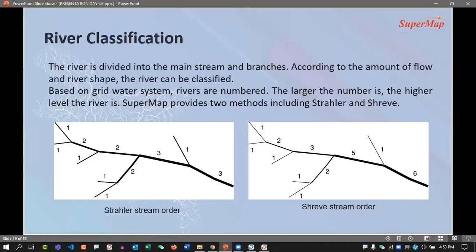So SuperMap provides two methods of river classification, including the Strahler method and the Shreve method. These two methods classify our rivers in a numeric way, and the higher the number, the larger the river is. So if I go to the detail,